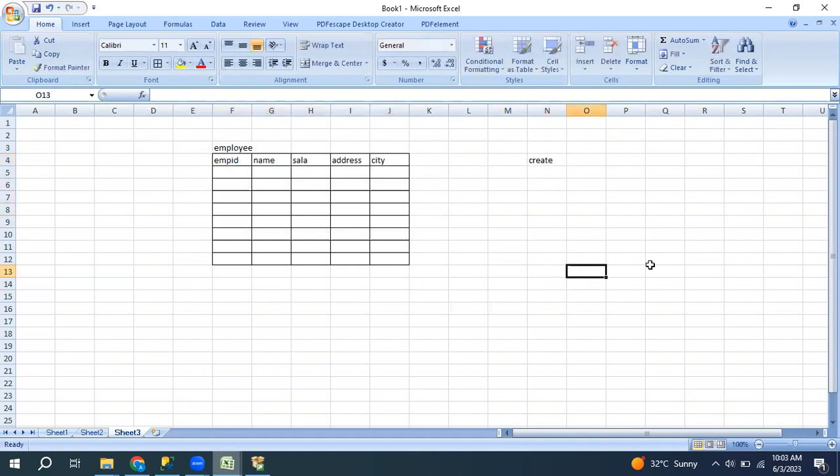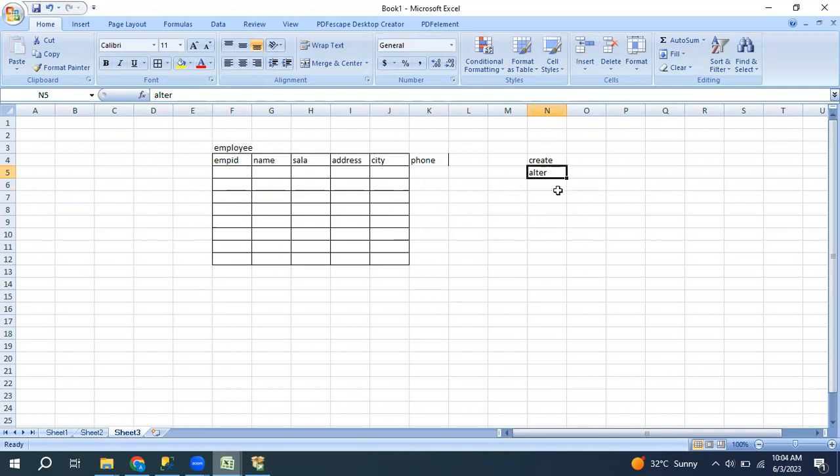Then I need to add a new column. Already the table is created, but I need to add a new column called phone number. For this adding purpose, I use the alter command. Why? Because the table is already created, but again I need to add a new column. For adding the new column, I use the alter keyword and add the column in this table.